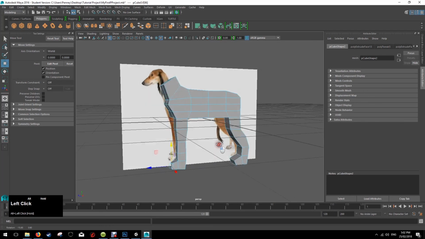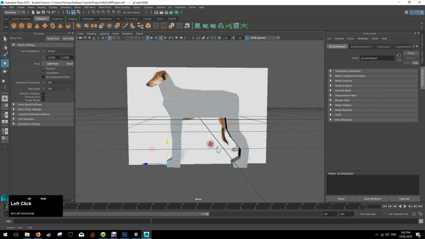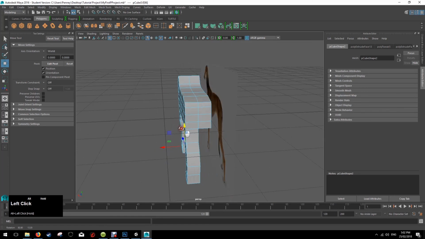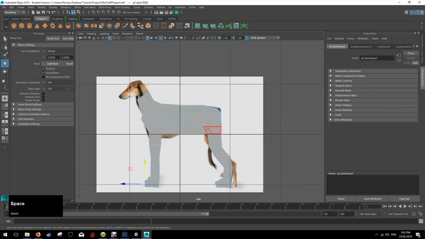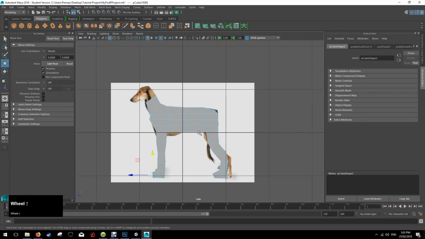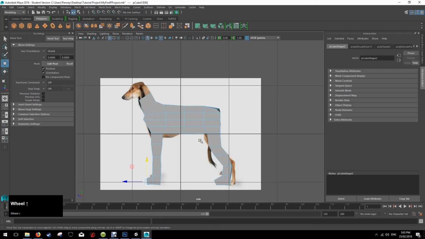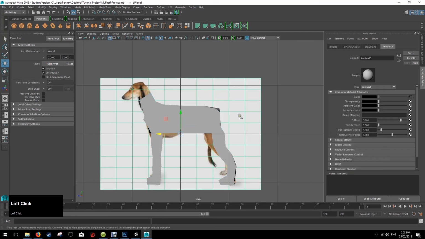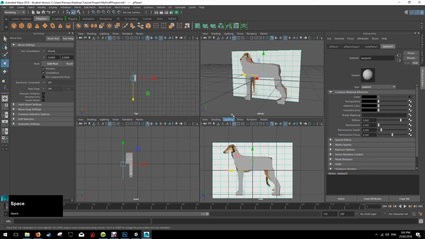Anyway, I'm not going to finish this one off. You're just going to follow the same process as you did for the last video and finish it off in the same way. But that's just kind of an idea of using a reference image and using this side view, orthogonal side view, to help you model. I can see that that's off now. Okay. Next video will